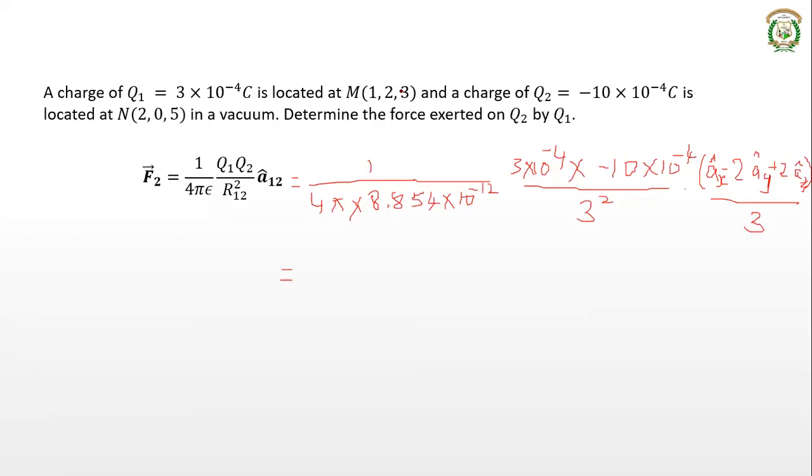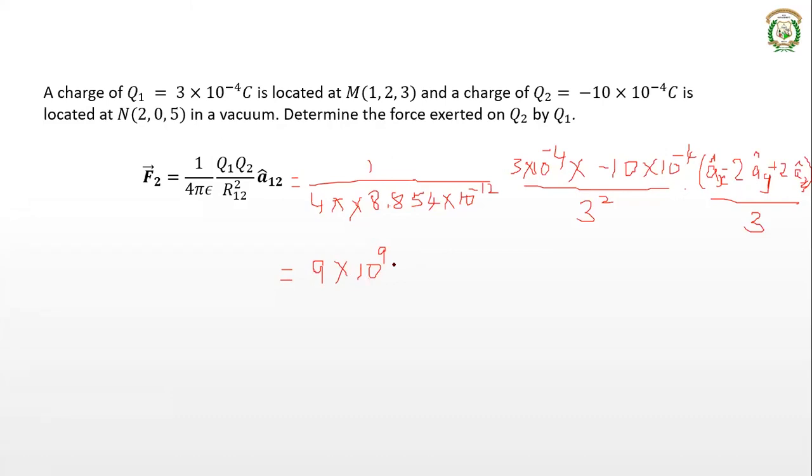In the expression for the answer, that is the force, you will have AX component, AY component, and AZ component. Okay. So we shall do it one by one. First, find this. What is 1 by 4 pi into 8.854 into 10 raised to minus 12? So this term, you will get it as 8.98 into 10 raised to 9. Okay. So we can approximate this to 9 into 10 raised to 9. If you want the exact thing, it is 8.98 into 10 raised to 9.